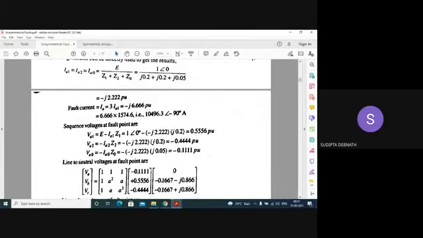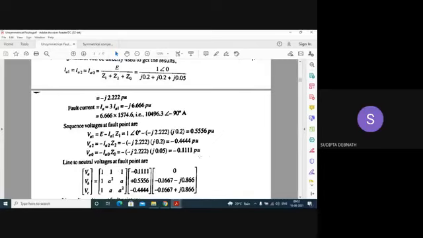Okay. And what is the line to neutral voltages at the fault point? If you know all these quantities, you can easily find out what is VA, what is VB, what is VC. Okay. So applying the same formula, this connection matrix into VA1, VA2, VA0. Actually, there will be one equal to sign here. Please note, there is one equal to sign here. Multiplying this one by this one, you will get this matrix. Okay. So you can easily find out what is VA.